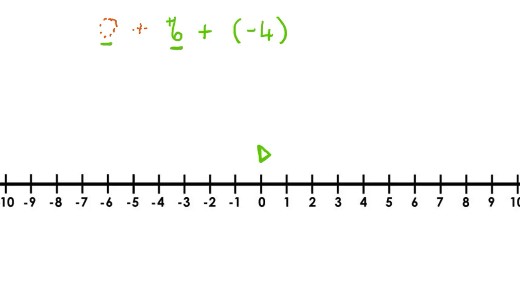And I know that I'm going to move 6 steps. But am I moving forwards or backwards? That is the operation before the integer's job, to show me if I'm moving forwards or backwards. I'm facing the right side. It says plus in my operation, so I walk forwards 6 units. 1, 2, 3, 4, 5, 6. And I land at 6. So I walked forward 6 units and I landed at 6. Right. Now I need to stop.